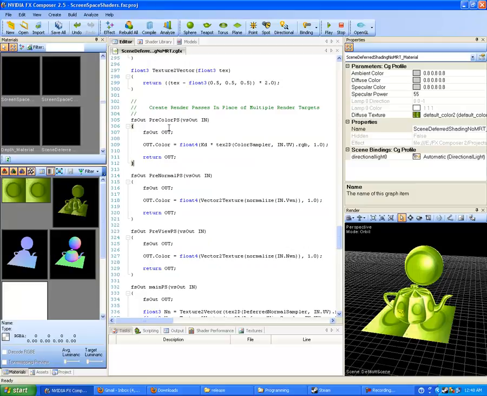Before, we had one that was kicking all three out in one go with the out variable after it, and in order here. But in this case, we're going to actually say, and I'll just use the FS out again so I can use my structure like I like, and instead return a type of FS out here. This allows me to output the color one and then output the normal. Well, the view one comes next here because